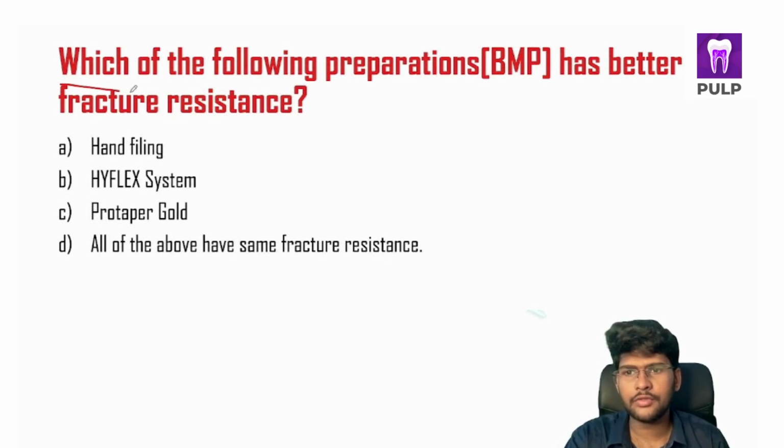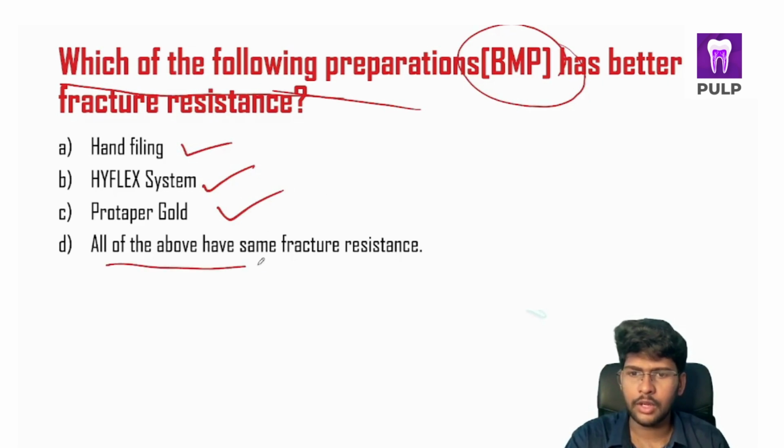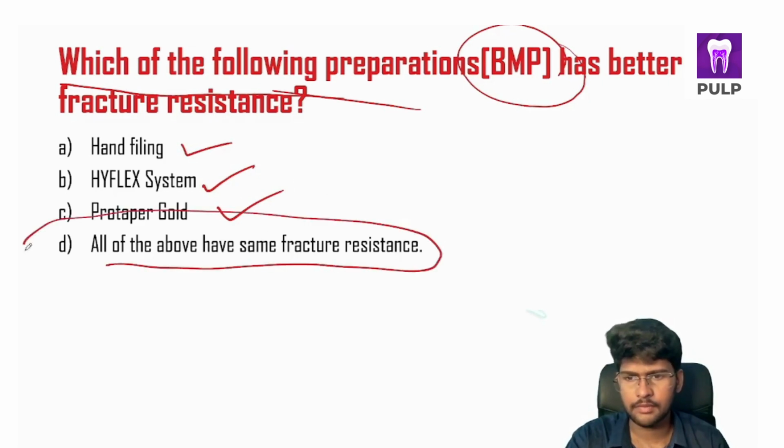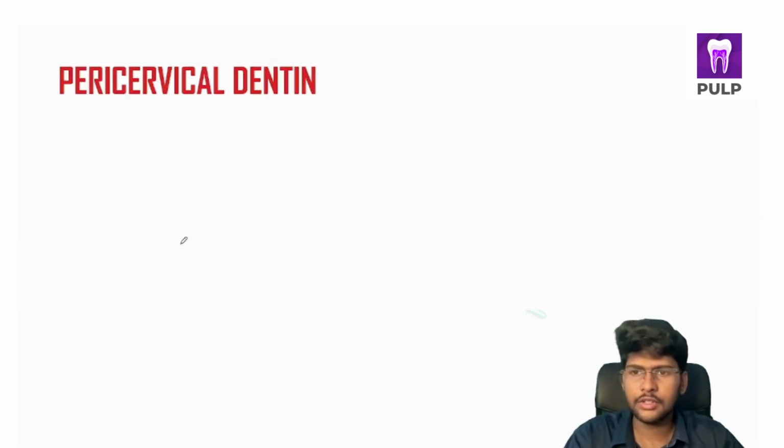So, which of the following biomechanical preparations has better fracture resistance? In the options we have hand filing, High Flex, ProTaper Gold, and all of the above have the same fracture resistance. In order to answer this question properly, first we need to have a good idea of what pericervical